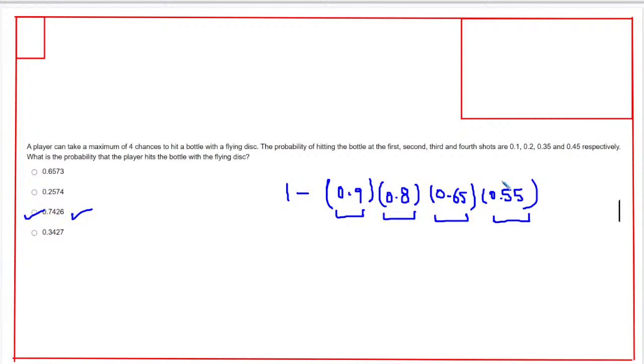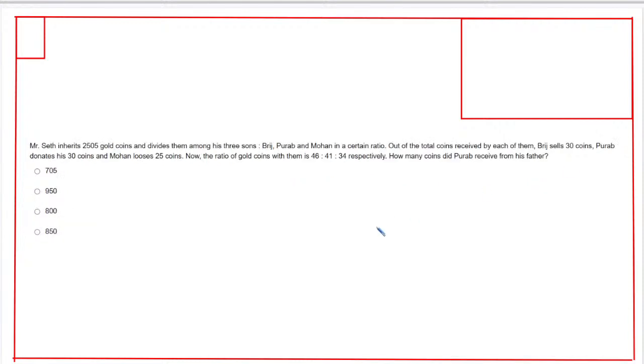These two, you have to solve this multiplication. Here I will save my time. This question,